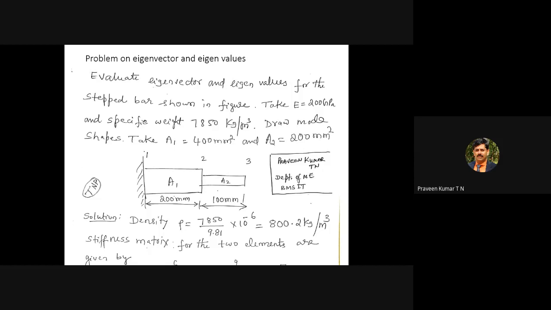Because there are two types of vibration: one is forced vibration and one more is free vibration. Imagine you switch off the fan, pull the fan blade and leave it, the fan blade may vibrate. That is natural vibration. Switch on the fan and it starts rotating. That is nothing but forced vibration. In the case of forced vibration, a continuous force is applied. Normally we have m x double dot plus c x dot plus k x is equal to f of t. If there is no f of t, it is nothing but natural vibration.